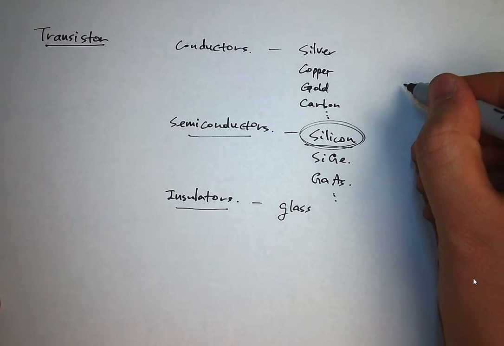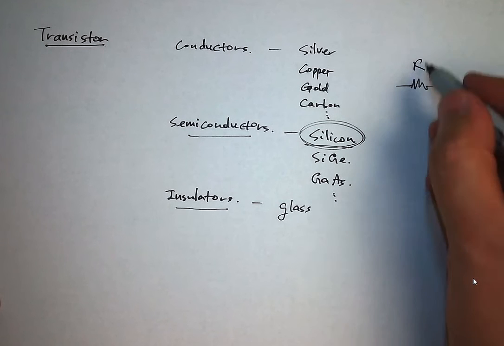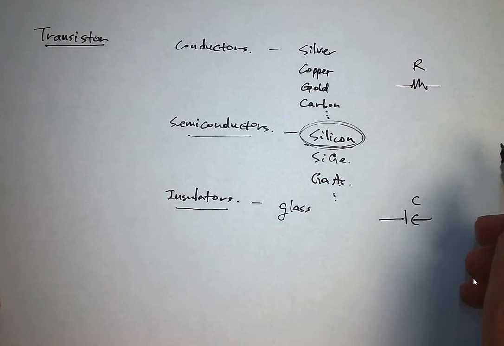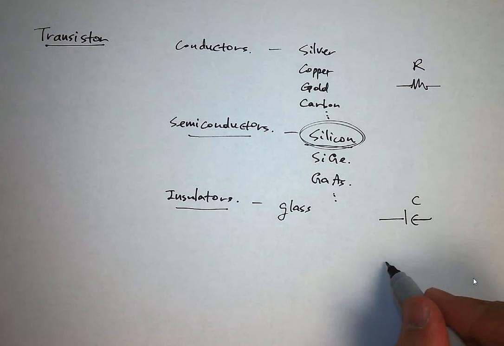So we saw resistors, and from insulating material we can actually make capacitors, and from magnetic material we can make